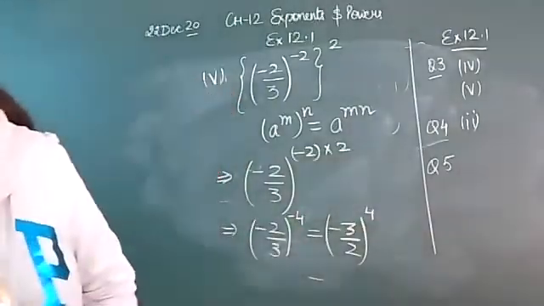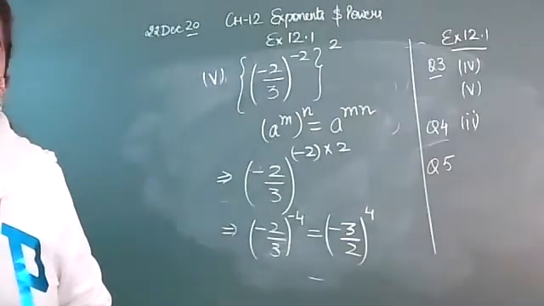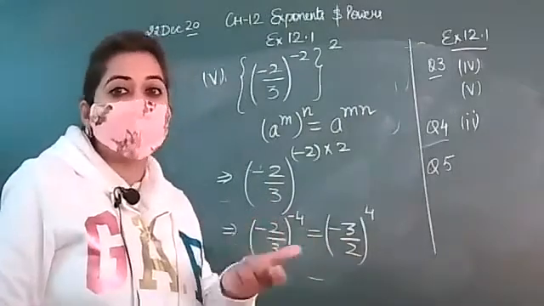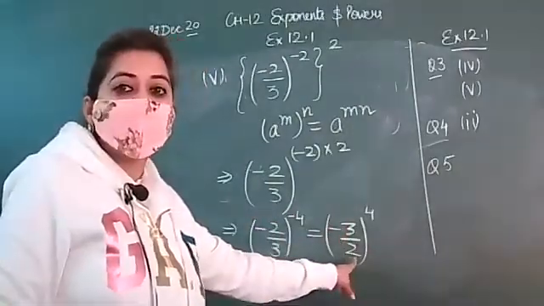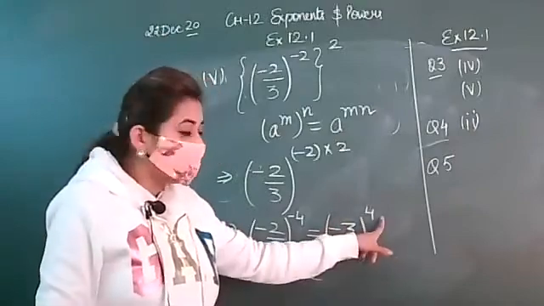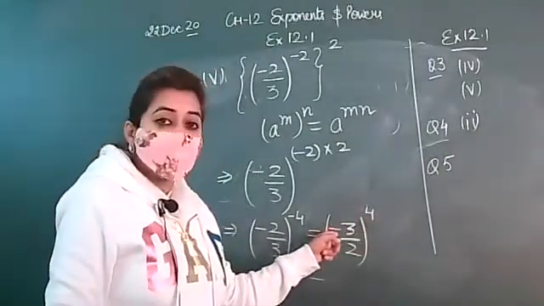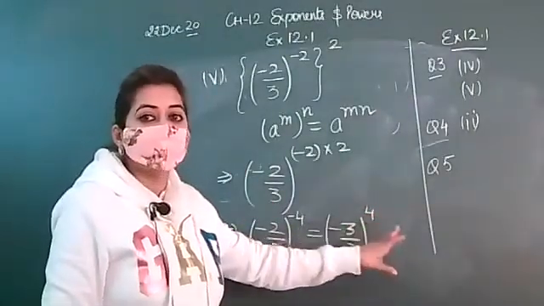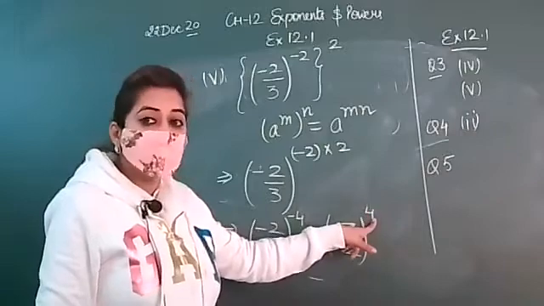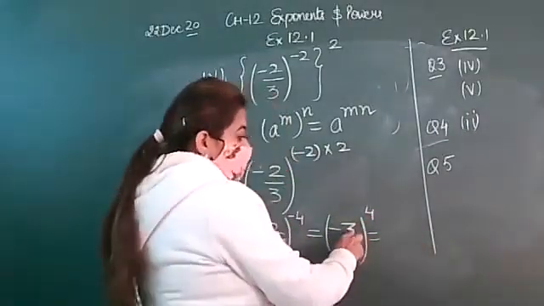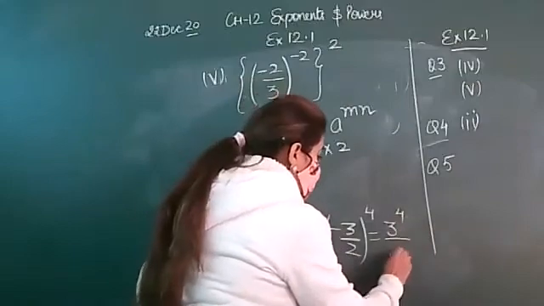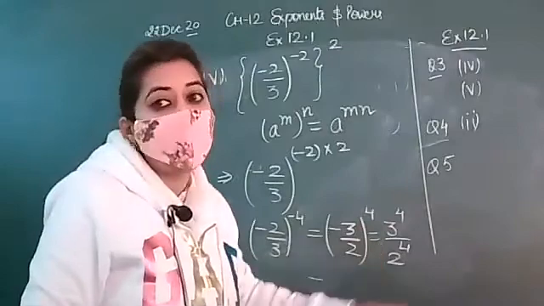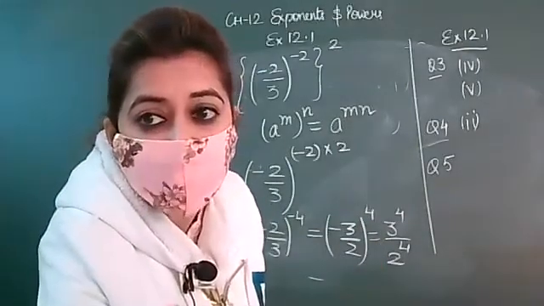Now the question is to simplify. Simplify means find the value, means you have to solve it. Actually, you have to find the single value for this. So it's compulsory to multiply this. Negative is there and the power is even. So negative with the even power will always give you a positive answer. If the power were odd, the answer would be negative, but the power is even, so your answer is positive. And 3 raised to power 4 upon 2 raised to power 4. Yes, can anybody tell me which law I have used here? Yes, who will tell me?